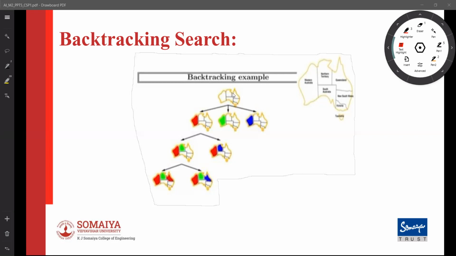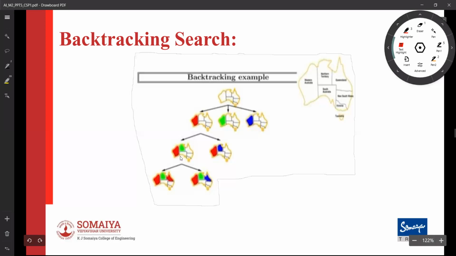Let's say we have picked Western Australia. Then we will branch on all of its values. In this case we have three domain values: red, green, and blue. So we can go to the red node, the green, or the blue.